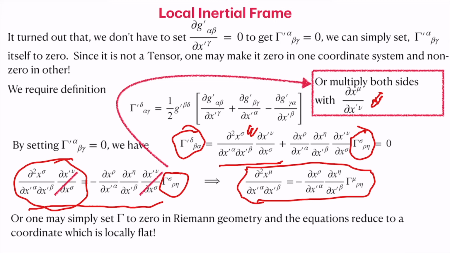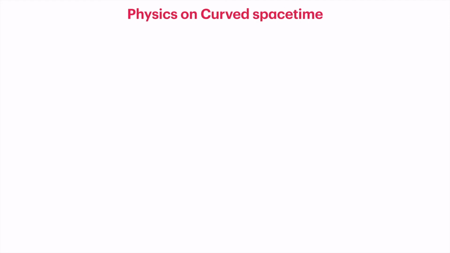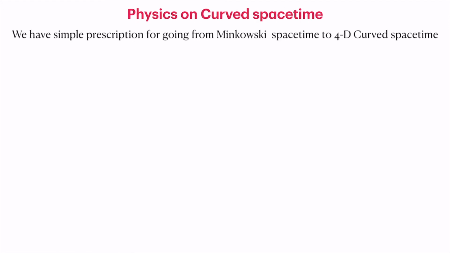You can simply replace the covariant derivative by the ordinary derivative and get away with it. These derivations just show that formally it can be done and there can be a coordinate transformation which allows you to do this. This is what gives us the freedom to do physics on curved spacetime,